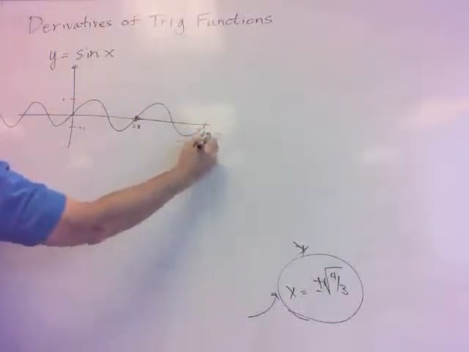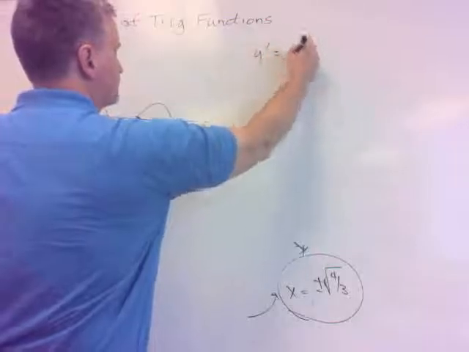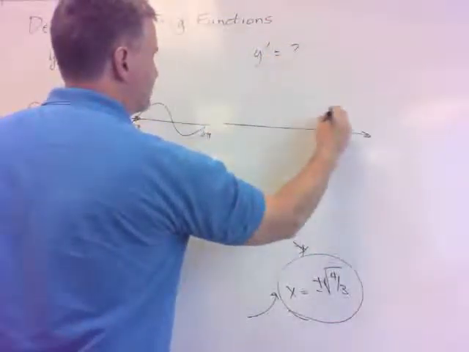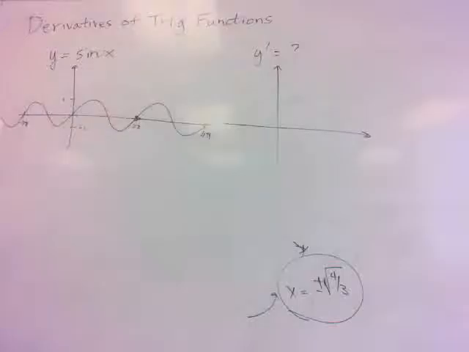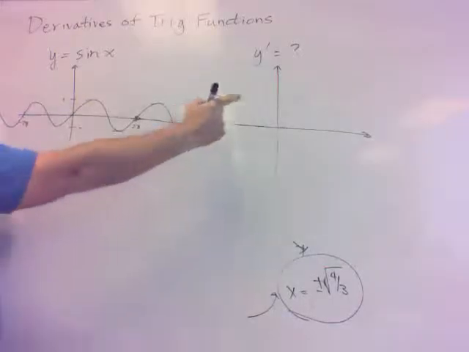That'd be 4 pi. It'd be minus 2 pi. Anyway, but from our viewpoint here, can't we sort of estimate the derivatives here? Graph the derivative function for the sine of x here. So if I was just going to graph the derivative off of this, remember where we started? We started with those horizontal tangents, didn't we? We've got a horizontal tangent here, here, here, here, which winds up being over there